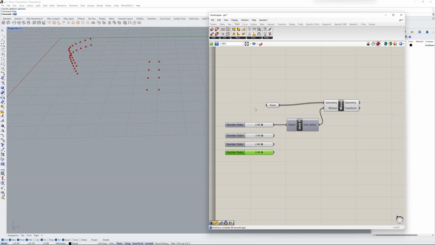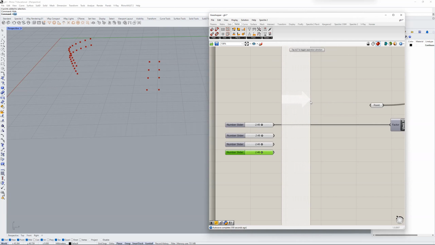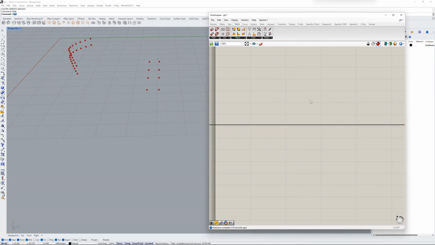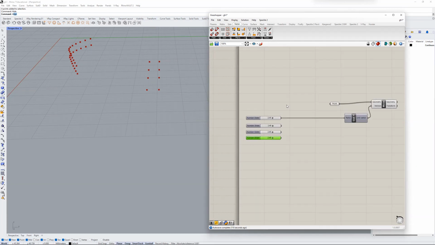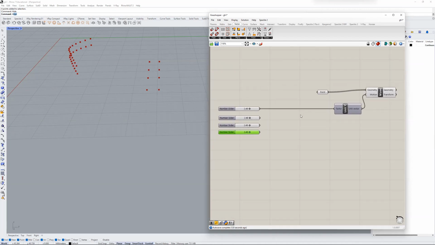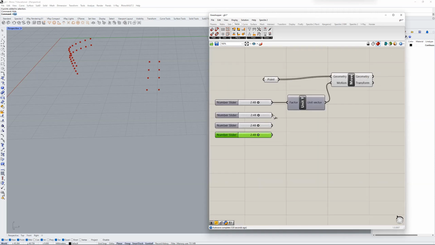If you hold Alt before clicking anything, then you can actually add space. You probably won't need to use this. It's just nice to know. You can just keep growing your script in case you needed to add some space to add another component in here if there wasn't any room. Anyways, we have these sliders now,